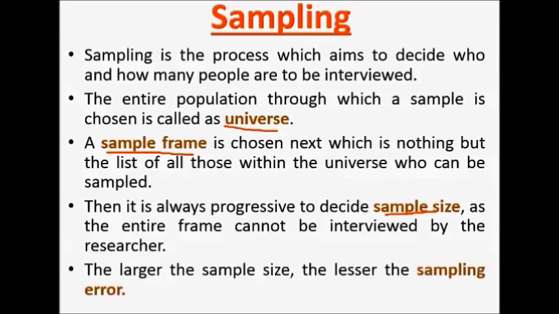The larger the sample size, the lesser the sampling error. But you have to look after the cost constraints as well. So in short, you have to make a proper balance between the cost considerations of your research process